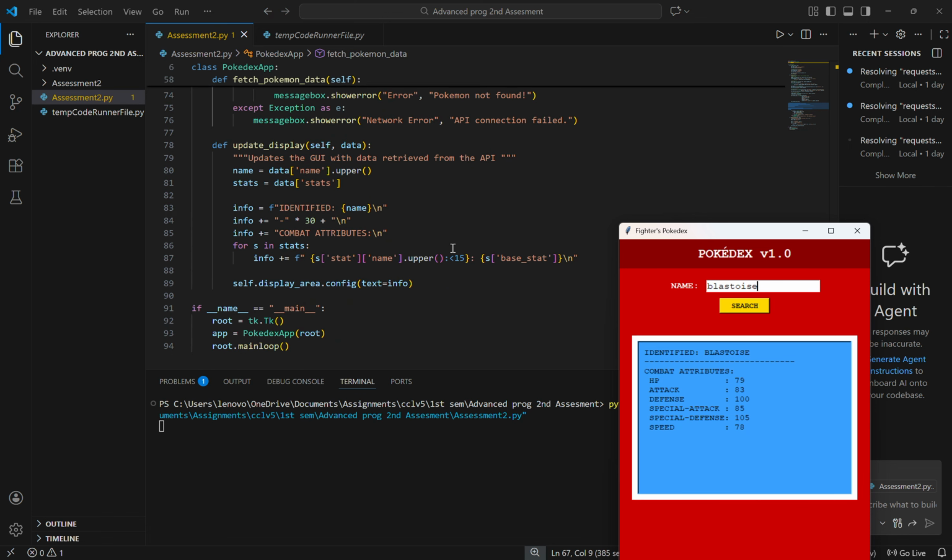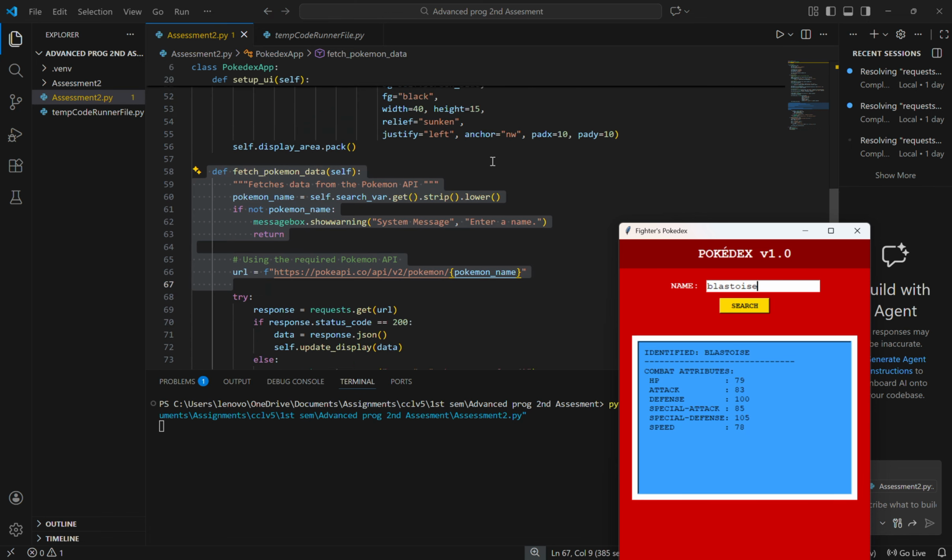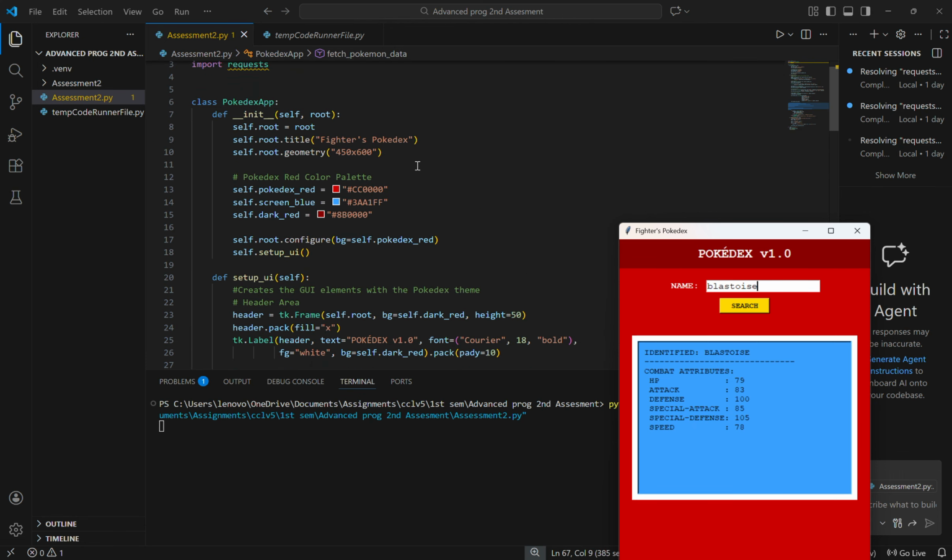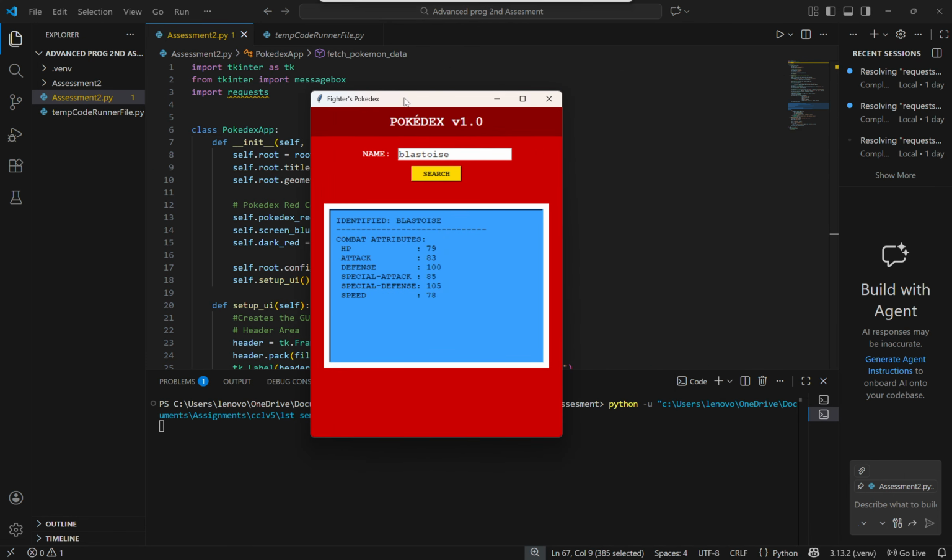So to cut the story short, my entire code is mainly for a Pokedex app that allows you to see information about a specific Pokemon you're looking for. As long as the Pokemon exists and is within the API library, you'll be able to find everything you need